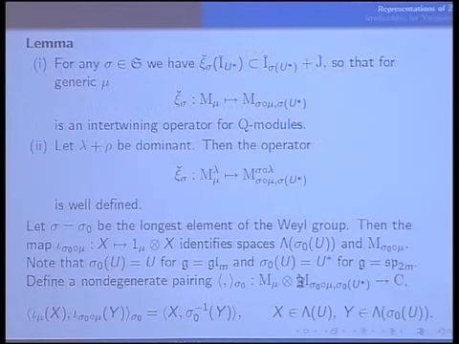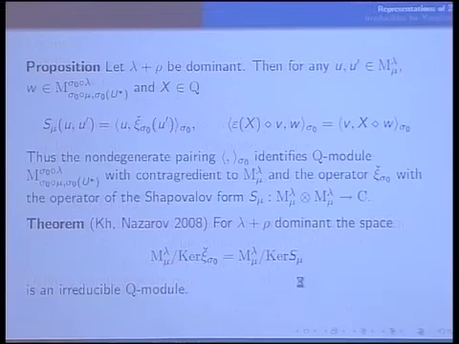Just include this element sigma 0, and then the claim, you see this, is a claim about the connection of structure of models between these two, one M and another M, and moreover,